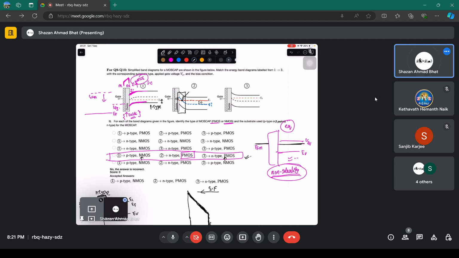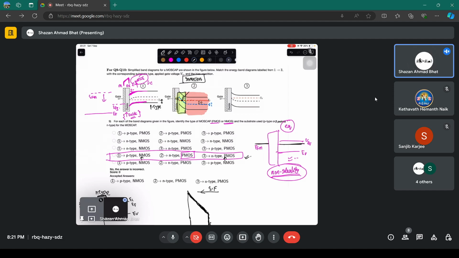See this point. Fermi level intrinsic level से नीचे जा रही है, मतलब इस वाले रीजन में फर्मी लेवल इंट्रिंसिक लेवल से हायर है, मतलब ये एन टाइप है। बट इस वाले रीजन में फर्मी लेवल इंट्रिंसिक लेवल से लोअर है, दैट मीन्स ये पी टाइप बन गया। इसीलिए ये एक्चुअली इन्वर्जन हो गया इसका।